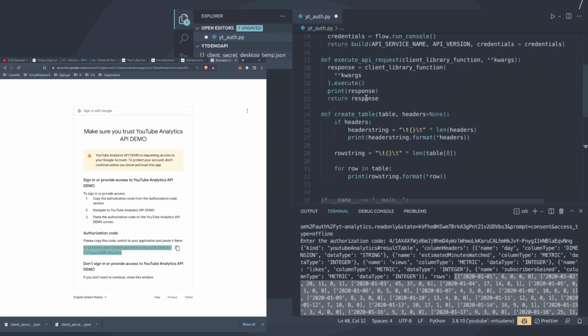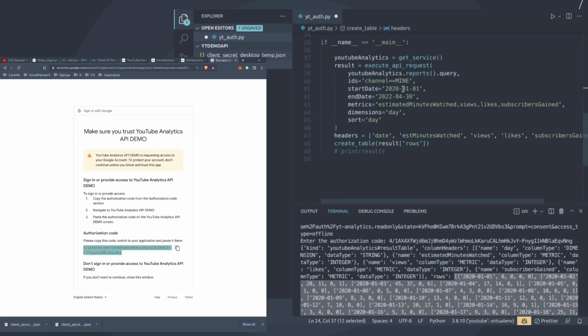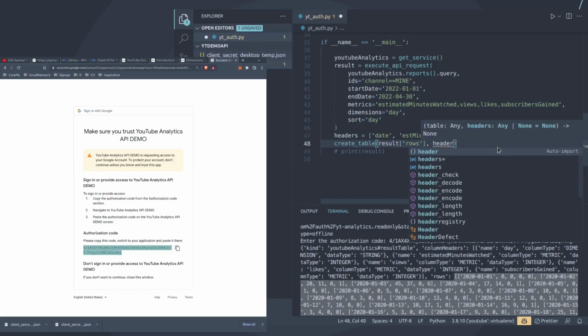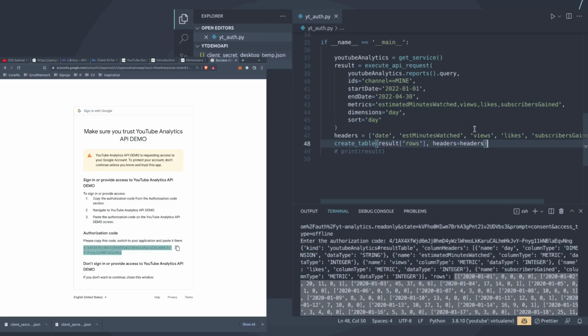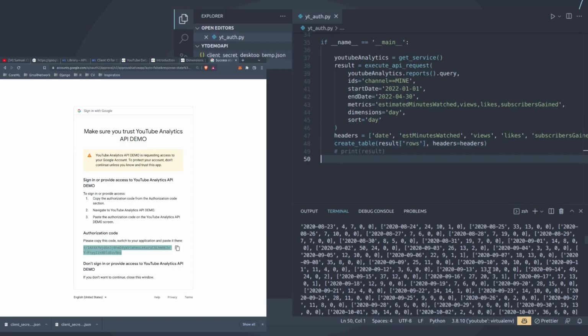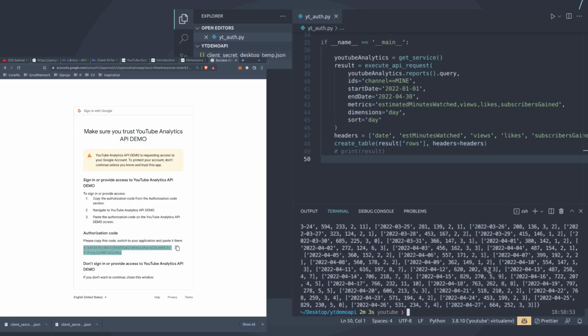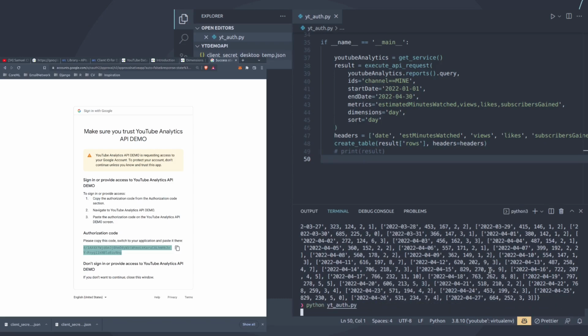And in our headers function, this is the table, but optionally you can pass a header. If you pass a header, it's going to print a header. So to see things better, we're going to change this to 2022 instead, so we can see the whole thing instead of having to scroll like that. Here I'm going to call it headers equals headers, and if I save this, scroll all the way down, and do that again,